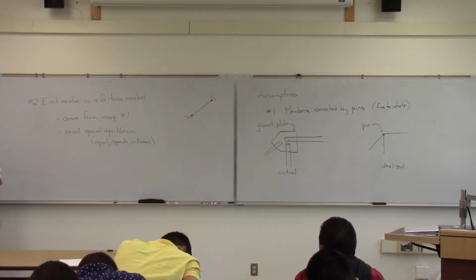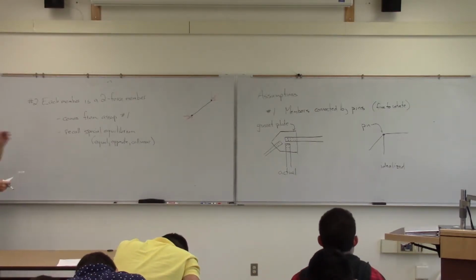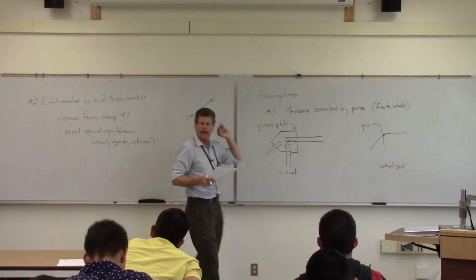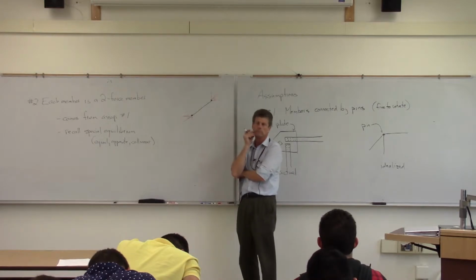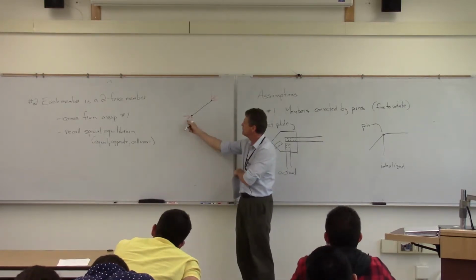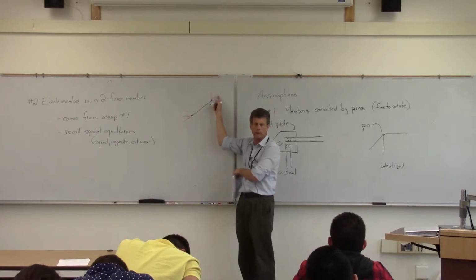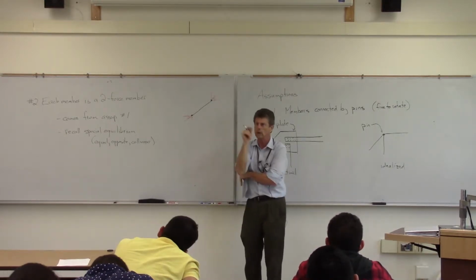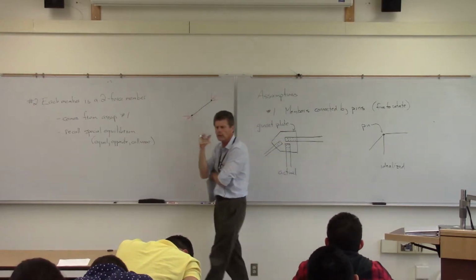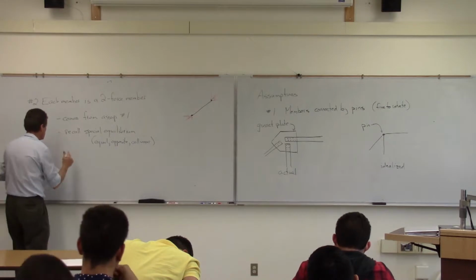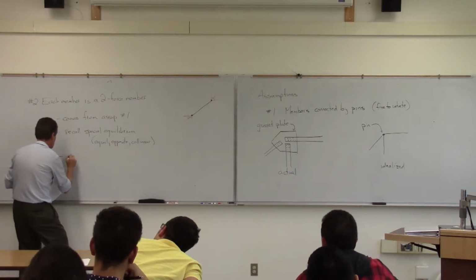And recall our very special equilibrium that we talked about way back when. Since we assume that it's a two-force member, how many unknowns do I have in this? If I know that this one's going to be equal, opposite, and collinear, one unknown. Yeah, that's a nice thing. So we only have one unknown in that particular piece. The other nice thing